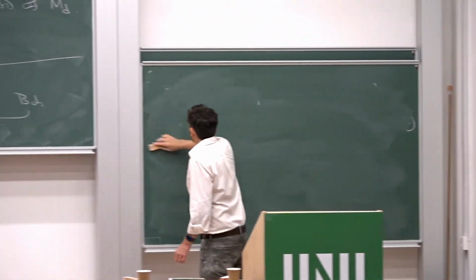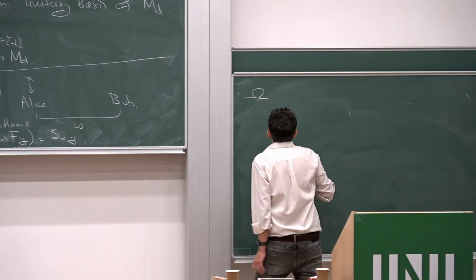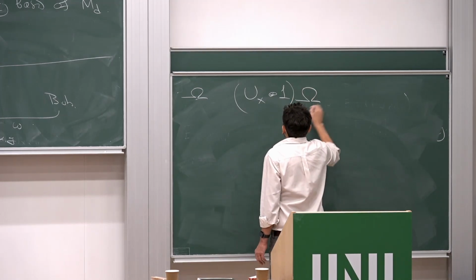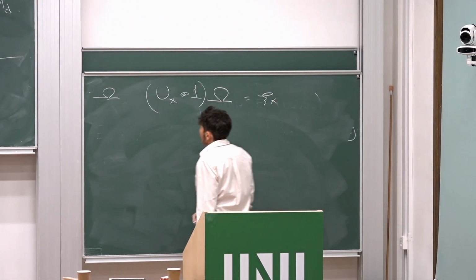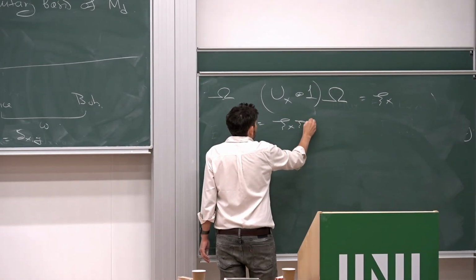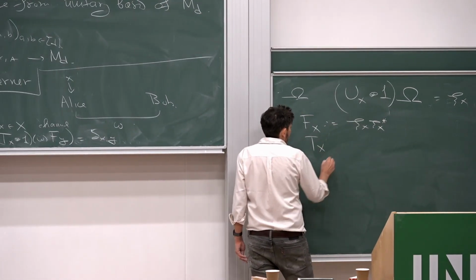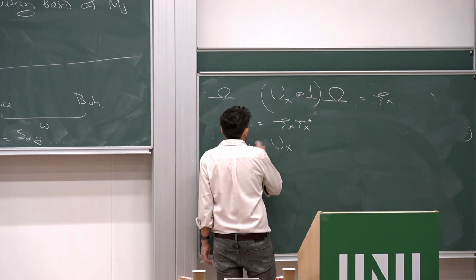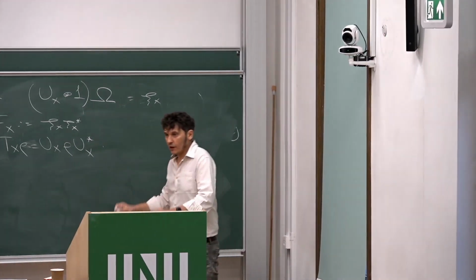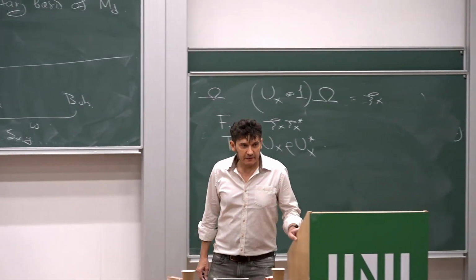Starting with your unitary basis, you can start with a maximally entangled vector, capital omega, and then you apply U_x tensor 1 to omega. This will be a certain vector xi_x. My F sub x will be the corresponding rank 1 operator arising from this xi, and Alice's channel T_x will be just a conjugation by this unitary. So this is how you can go from one to another. They're equivalent in the tight case. All right, so that's it. Thank you.